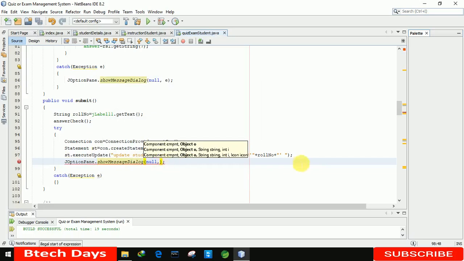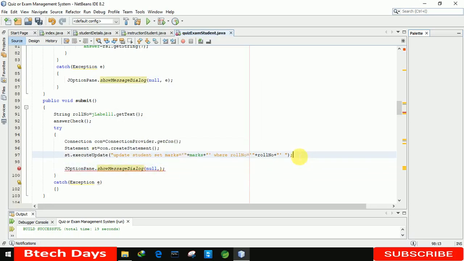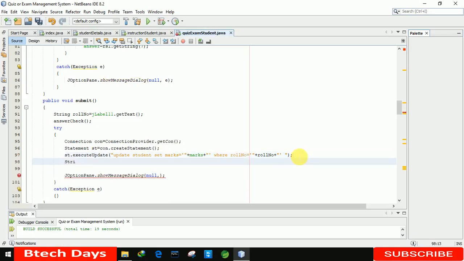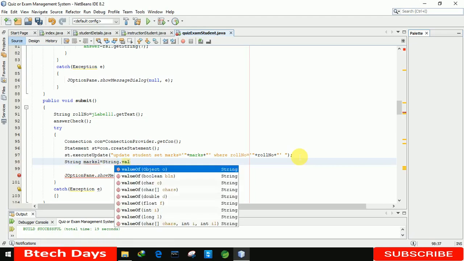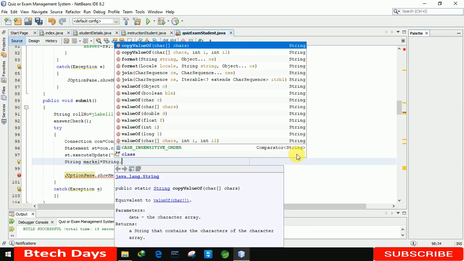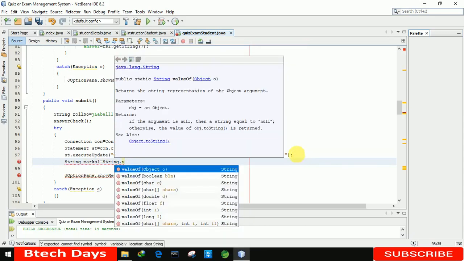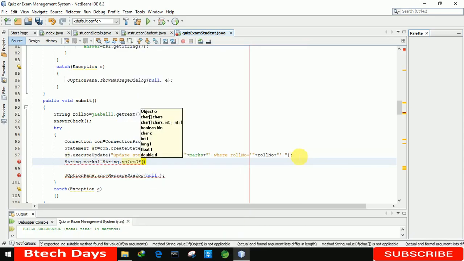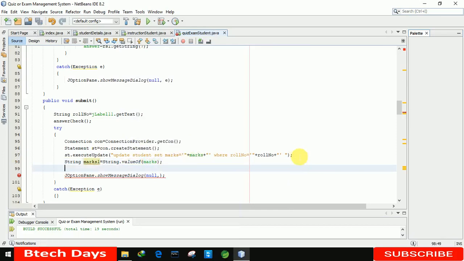For that we need a variable we are creating: String marks1 equals String.valueOf, and in this we write marks. Here I'm just displaying the marks